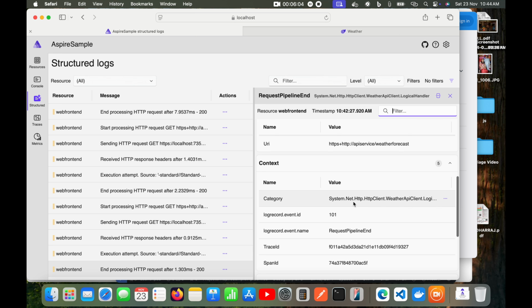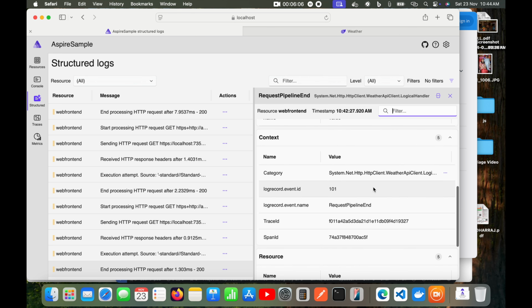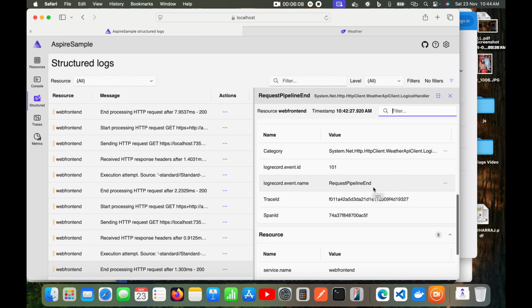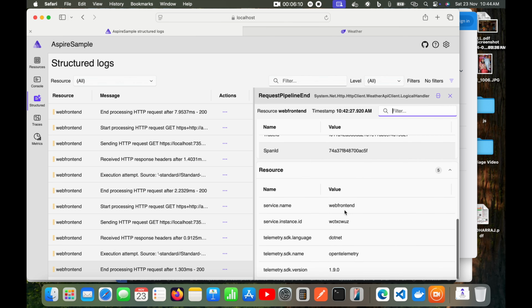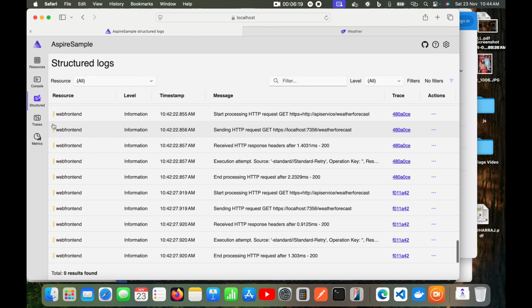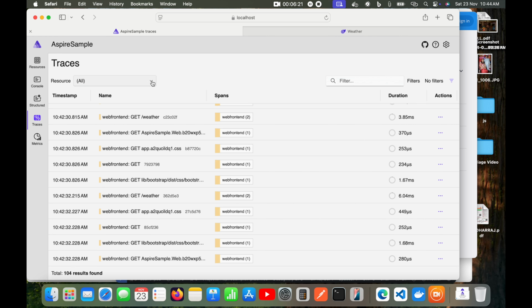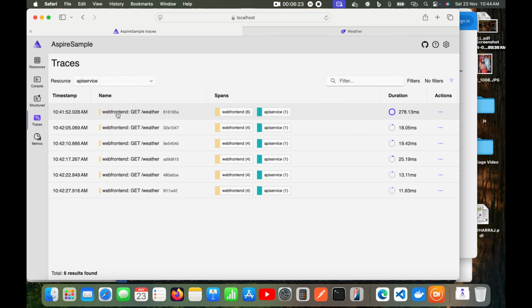Okay, in the context section you can see its category, trace ID, and here you can see the service name, instance ID, HTTP. So these things you can see. And if I talk about traces here, in the trace as well, you can see the trace for API